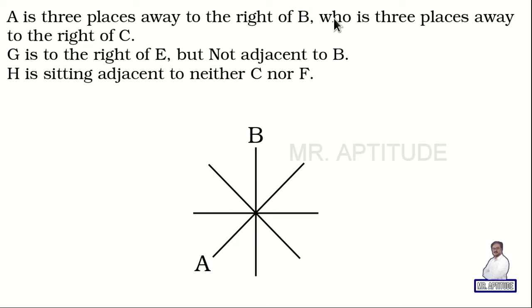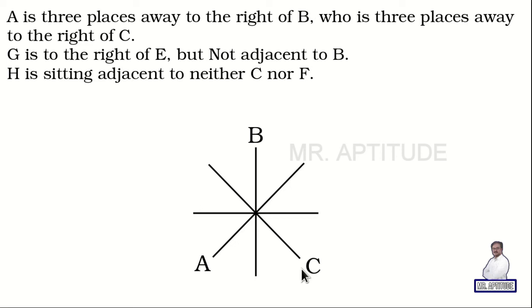And you are given that who is 3 places away to the right of C? It means that B is 3 places away to the right of C. Let us understand this. As B is 3 places away to the right of C, how many members should sit between B and C? Exactly 2. When you find exactly 2 members sitting between B and C, can I place B here? Does this work? No, which itself says that this person should be C. This is the only option we are left with. So I can definitely say that it's C. Now let us look at the next condition.